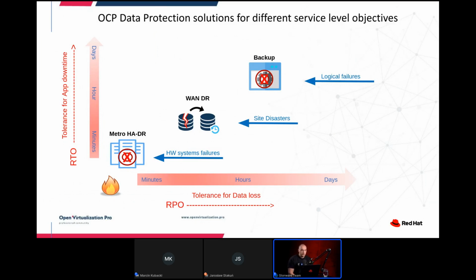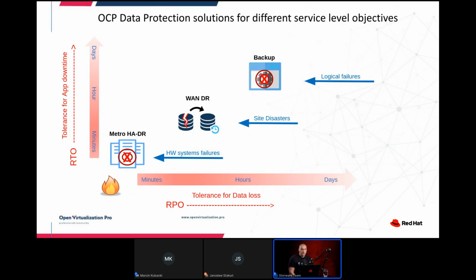As you can see on the picture, there are three major types of solutions. Of course, today we focus on backups, which are in general a solution to protect us from some logical failures that may happen if somebody by mistake or by accident will delete or